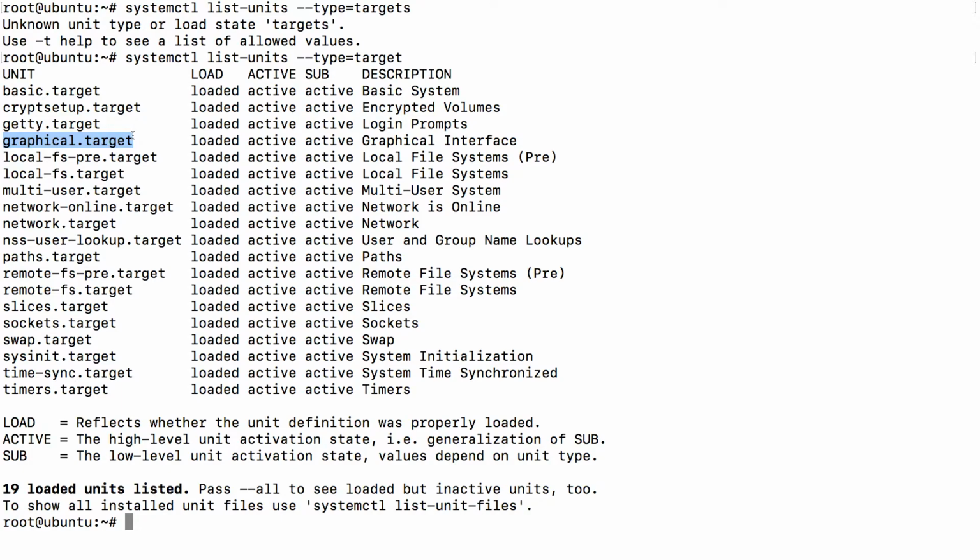If we configured our service to depend on graphical.target, that would never actually work on our server because we don't actually have a GUI, but it would work on our desktop because we do have a GUI. But there's a whole bunch of other different things. If we wanted to wait until all of our file systems were mounted, we could say local-fs.target and things like that. So remember, to list all of the targets that you can configure, you just say